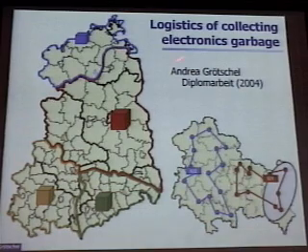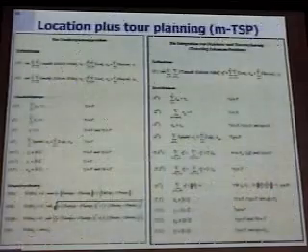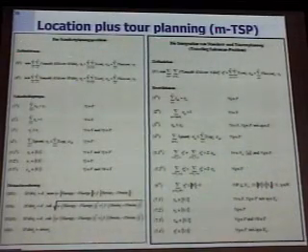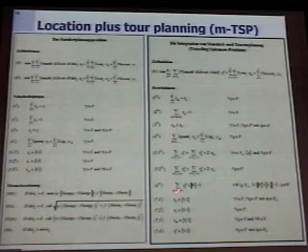This was done by my daughter in her master's thesis, and she actually used the software that we developed, and she just picked it up and did the stuff. So I found that very interesting. She did not study mathematics. She is an engineer, and used the machinery in order to compute good solutions for garbage collection. Here are her mathematical formulas, and we'll come back to that later on. So that's the mathematics behind it.